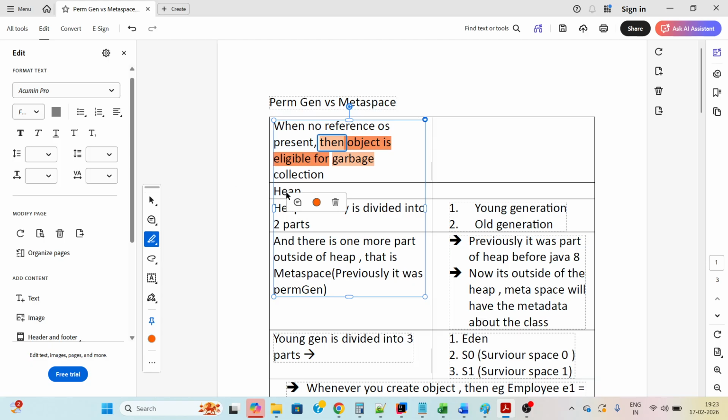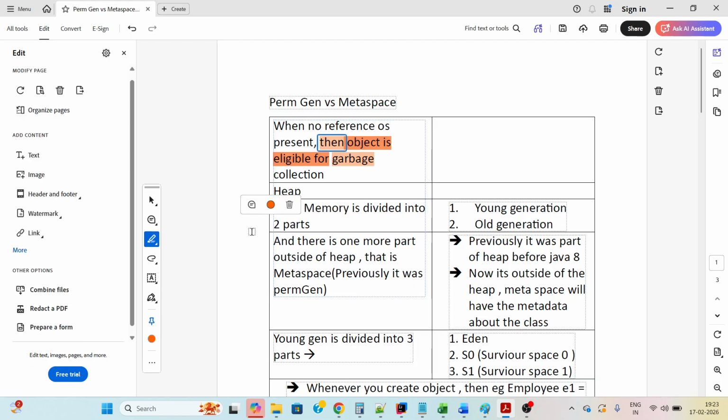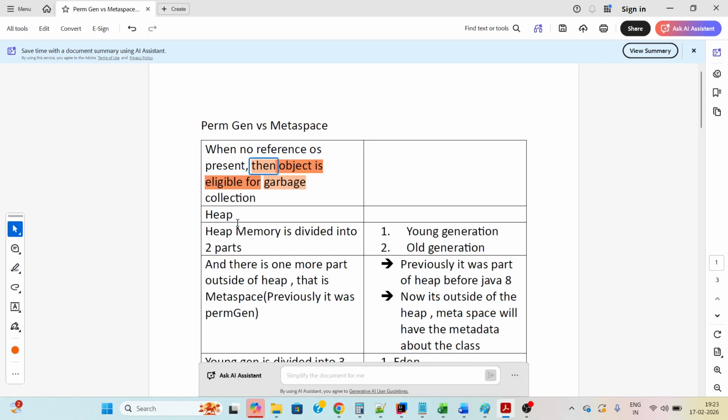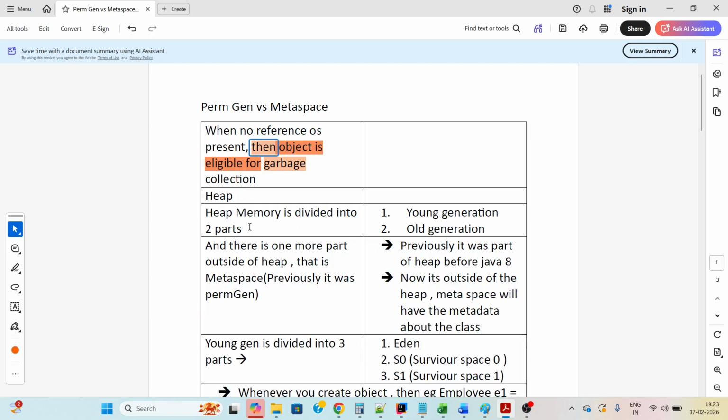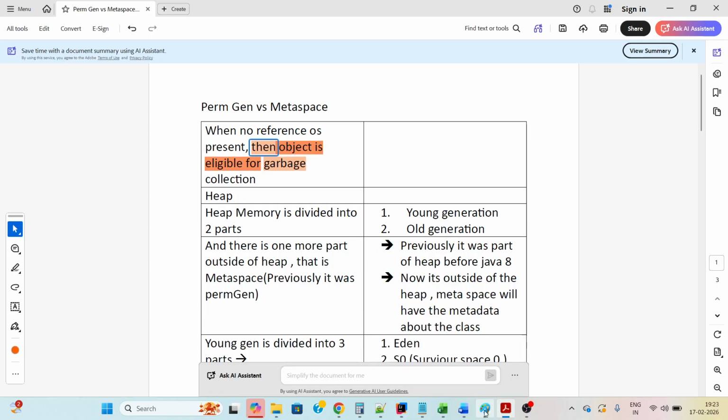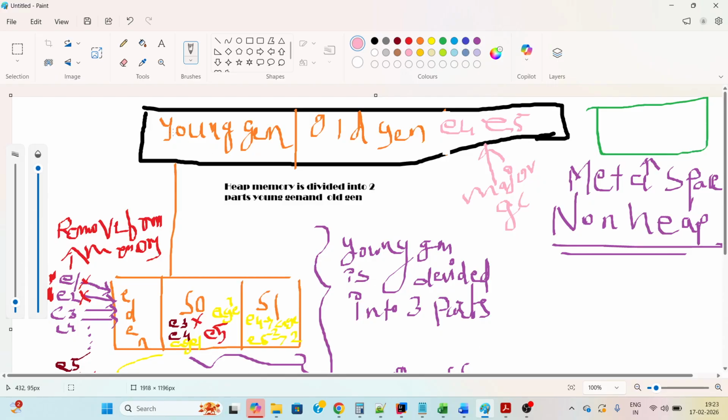Then we come to heap memory, which is divided into two parts. Let's say this is the heap memory. It is divided into two parts: young generation is the first part, and old generation is the second part.